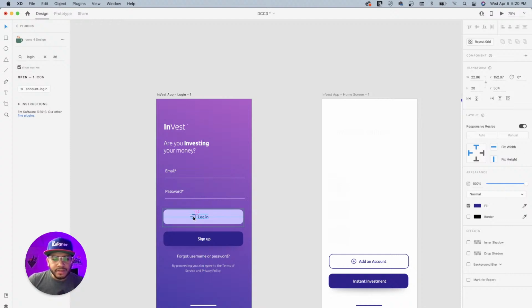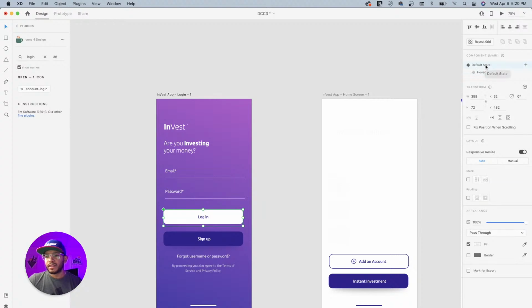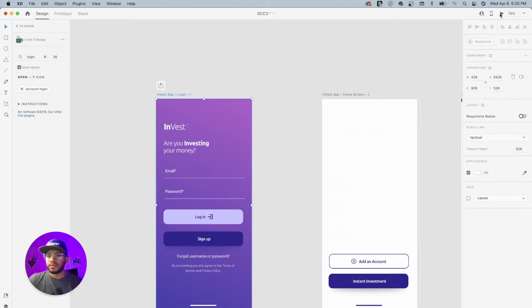And then let's just center this perfectly. That's for the hover state. And then for the default, it's going to be this one. Hover state, default, hover state, default. Okay. And then if we do play it,